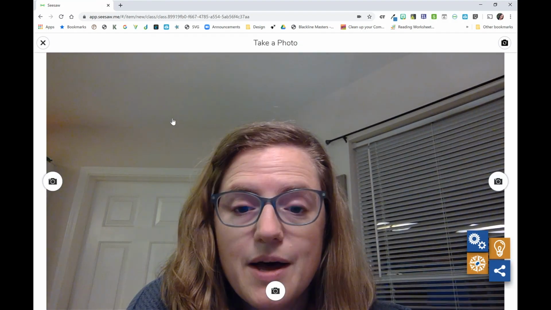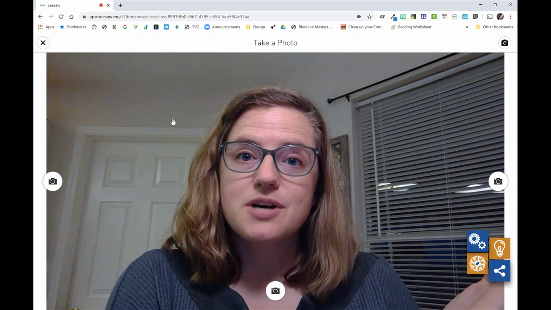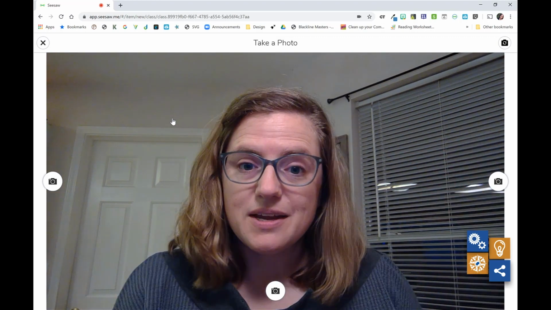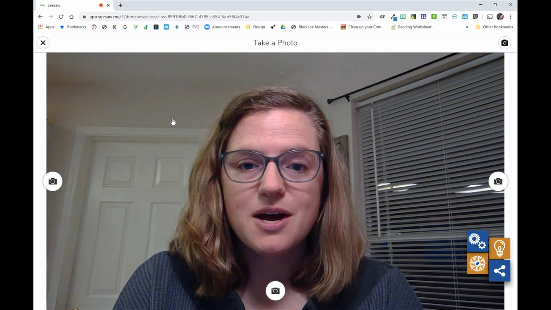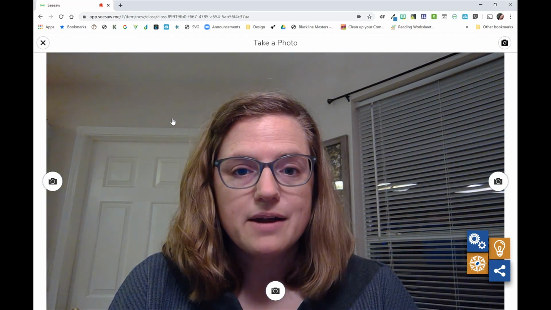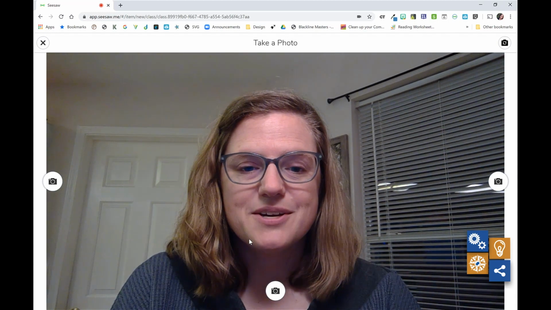What will pull up is an option to take a picture, and if you're on the laptop, you have the option to take just a screen from your laptop, or if you're on the iPad, you can take from the front camera or the back camera, depending on what you're taking a photo of. So once you take a picture,